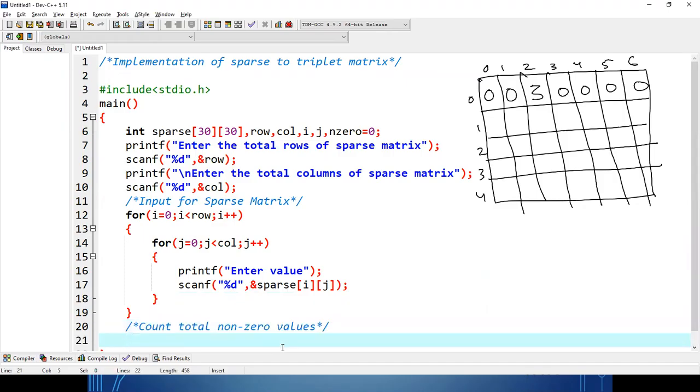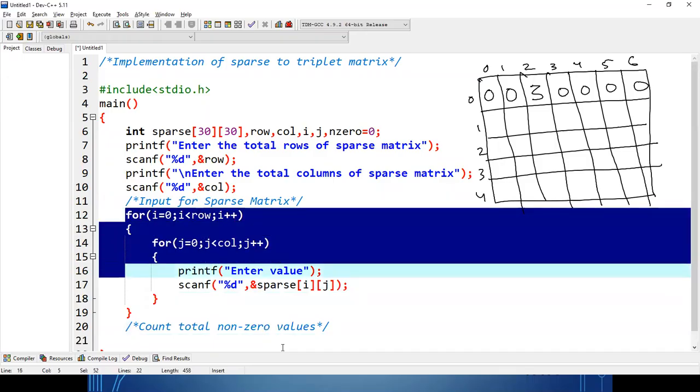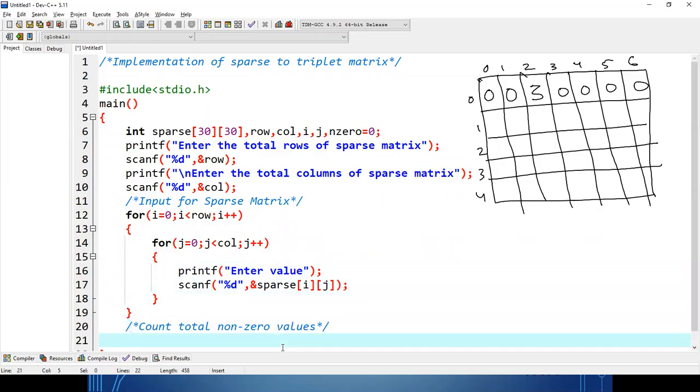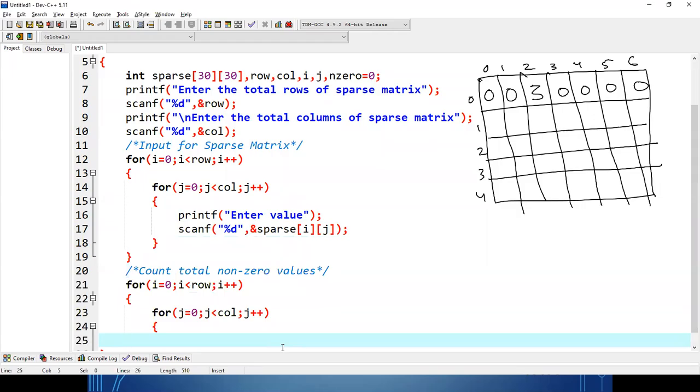Okay, but whenever we will deal with any 2D array, remember we have to use these two loops. Clear? One for row, and for each row you have to access the column. Clear? So we'll write down if sparse of ij is not equal to 0.